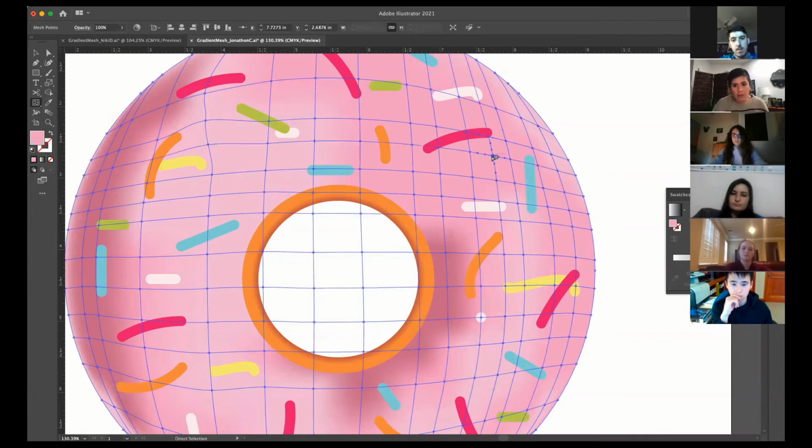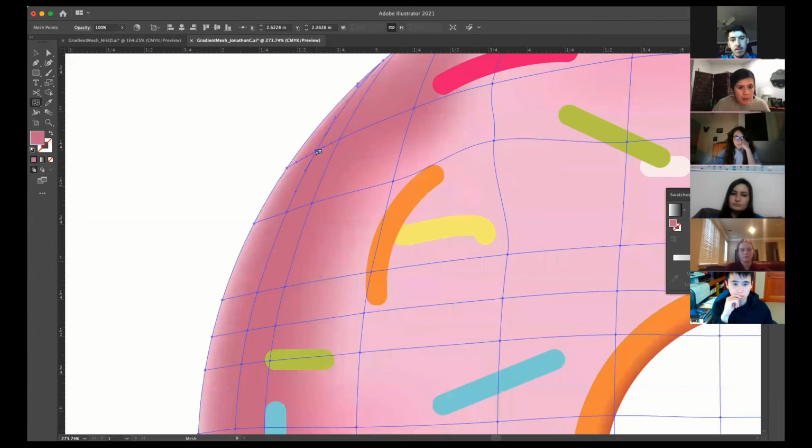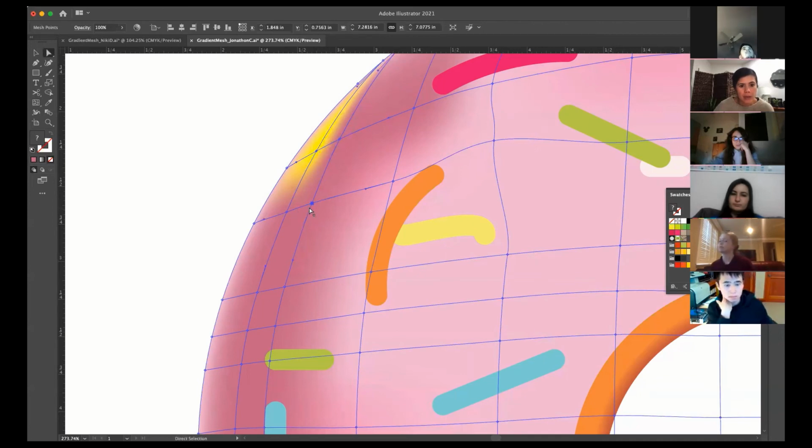If I just click in the middle, it just wants to keep adding points. But what happens if we want to change the colors? And we can move them as much as we want. I wonder what happens if, I wonder if it's only if you select all 4 of them in order to complete a, that doesn't really work either, huh? I have no idea, Christina. Okay, then I don't feel as bad. It doesn't really make sense to me either, because if you did color a square within, wouldn't